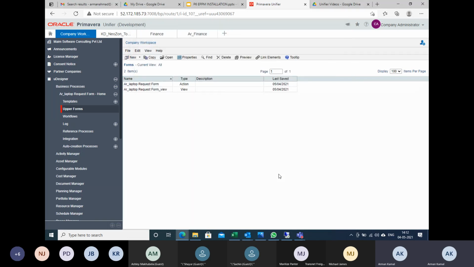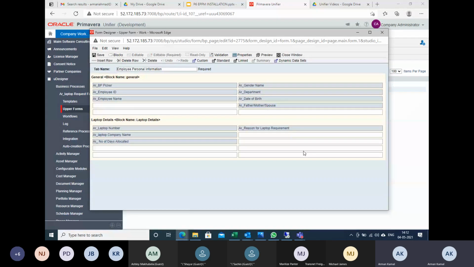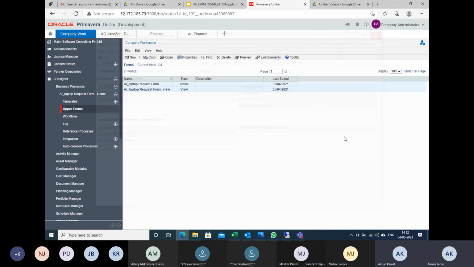Now I can see two forms have been created. The best part is that everything created in the action form is copied here. Select this and open it to check. This is the view form I have created. It doesn't have anything to edit; everything is non-editable. All the fields, even the properties, have been copied.